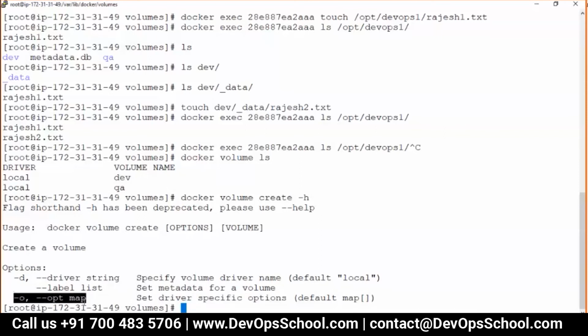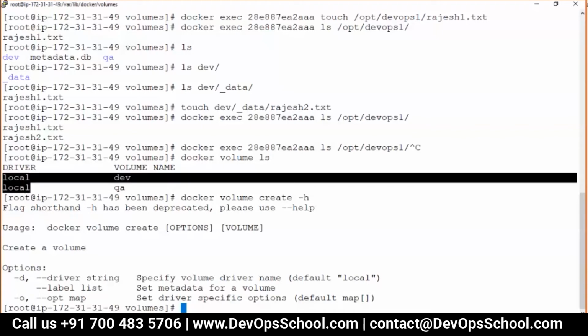There's a yes I said because of this reason. The default driver is local, so it will take the local storage. The straightforward answer is no. But with the opt option, if you change the driver, then you can do that. Now you must be asking how?